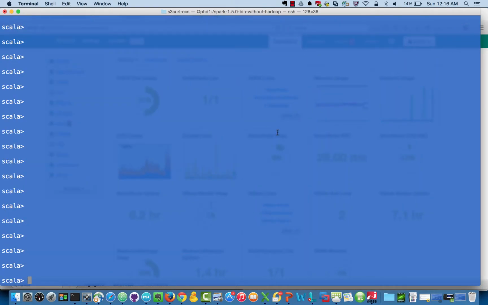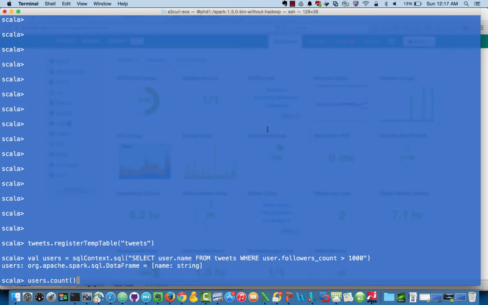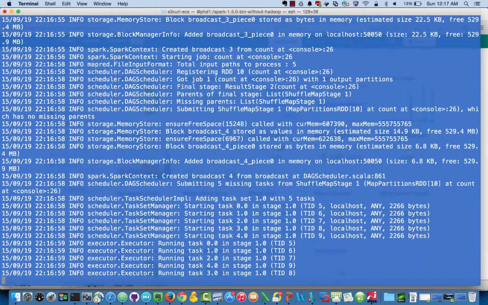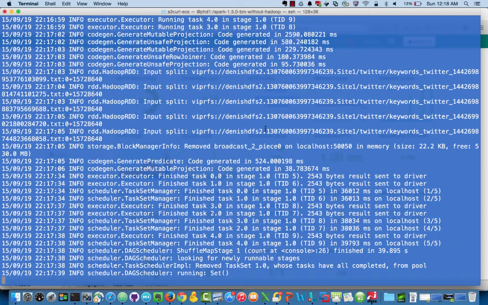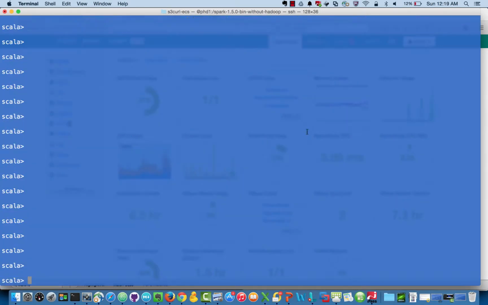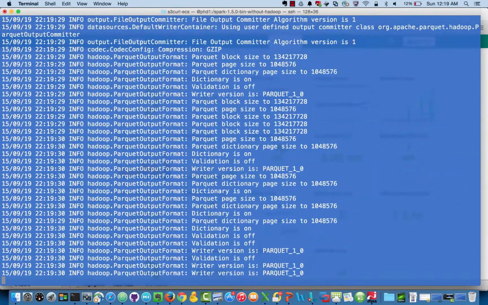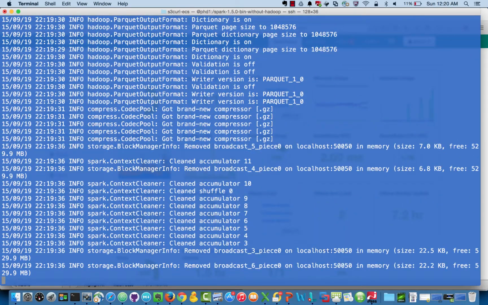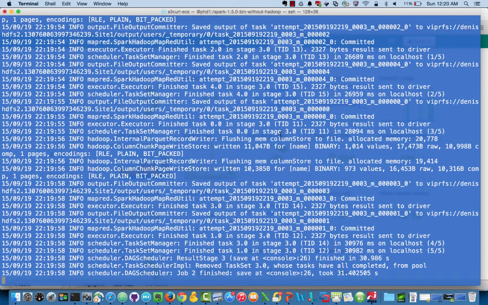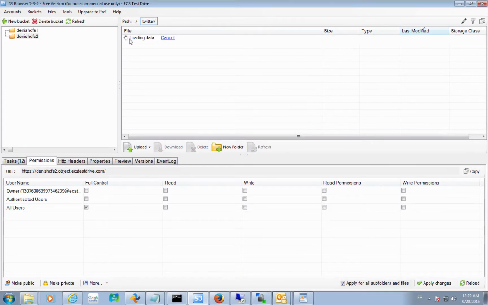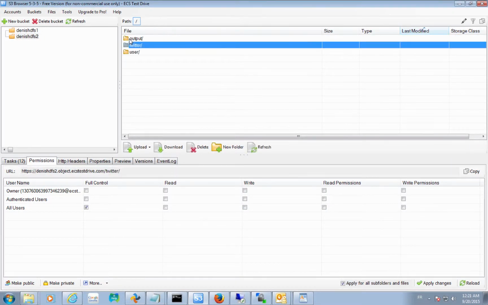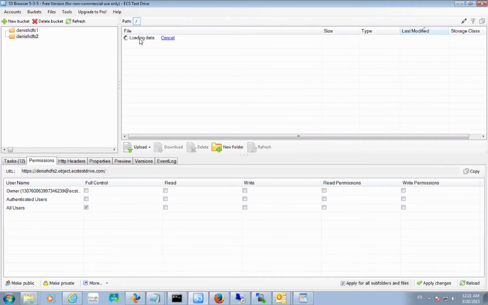Finally, you can store the table in your S3 bucket in the Parquet format. Apache Parquet is a columnar storage format available to any project in the Hadoop ecosystem, regardless of the choice of data processing framework, data model, or programming language. Frameworks like Hawk or Impala can read and write data using this format. If you compare with the Hive example, it was a lot simpler and Spark was able to determine the JSON schema itself. I hope you enjoyed the demo.